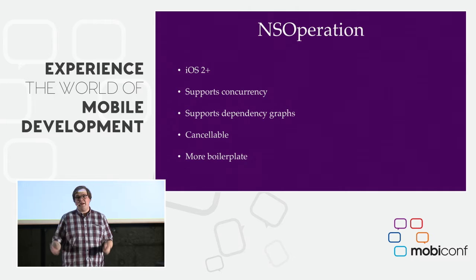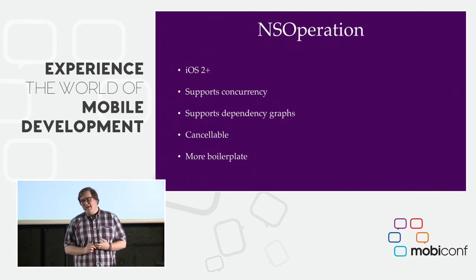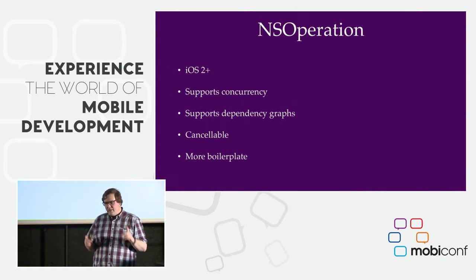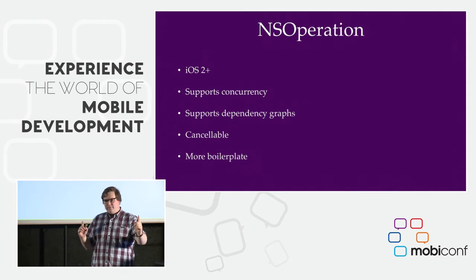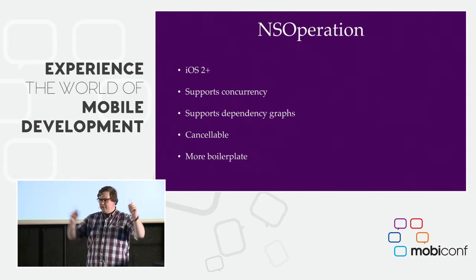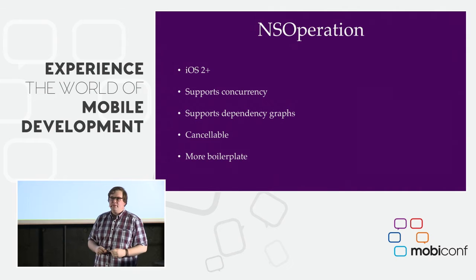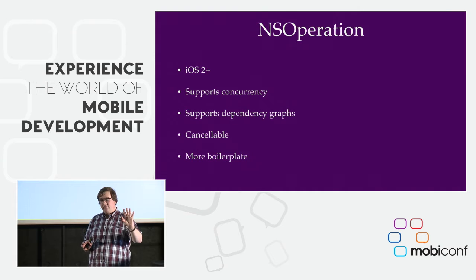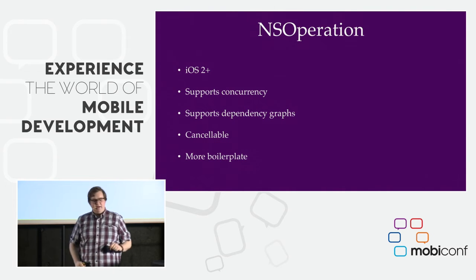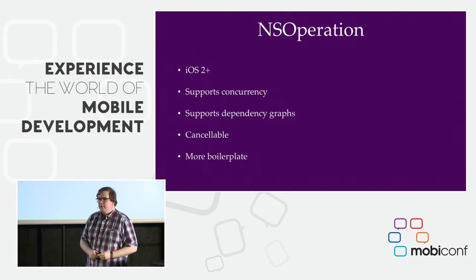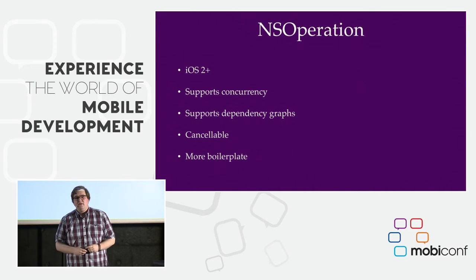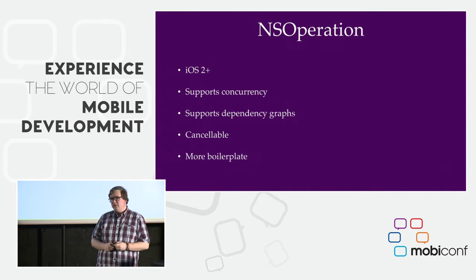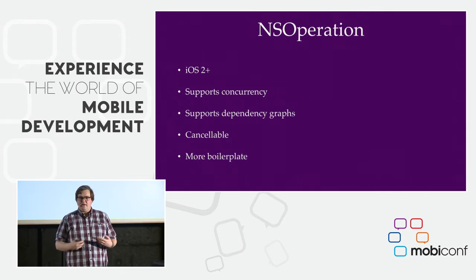There's the support for dependency graphs, which are the coolest thing in the world. I mean, how many times have you had something that needs to happen, but only after this other thing happened? So you need this thing to happen after this one, then this one. You can chain them together with NSOperations. You can say that this operation depends on this one being completed first. And it's not just a one-to-one relationship. You can have several of them in a row. You can have these two operations depend on this one. It's a really powerful way for you to express the asynchronous nature of the code that you're doing in a really safe and expressive way.